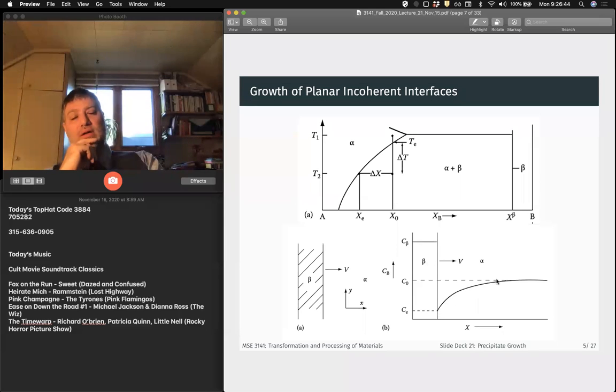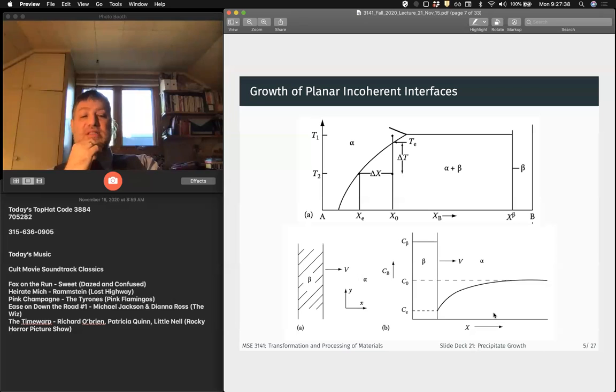And we have a composition profile in the alpha phase, right? That goes from our supersaturated alpha at our equilibrium composition, and we have a gradient that goes down to our equilibrium composition. And just like in solidification, the length of this is going to be determined by how fast we can diffuse B from out here to our beta phase, right? This composition profile is essentially formed by our beta phase sucking all of our B out of our supersaturated mixture,